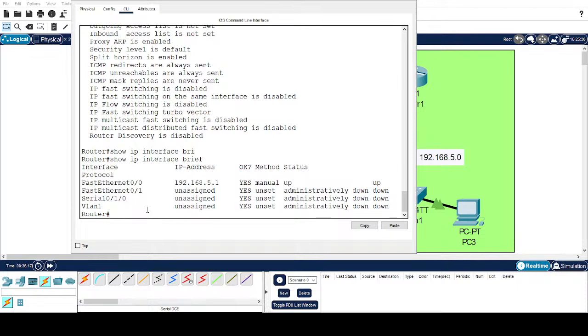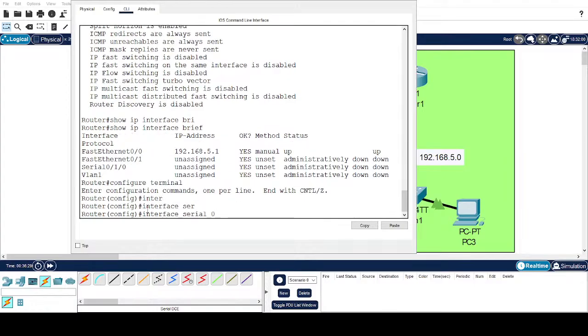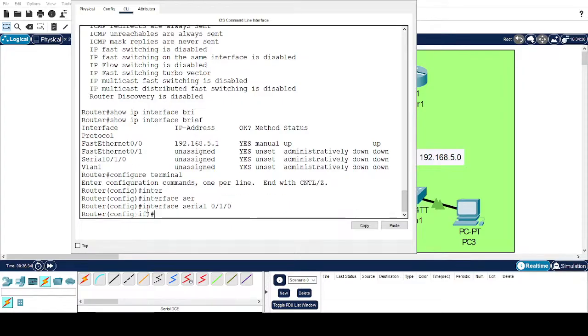You know it's also called serial 0/1/0. So I say configure terminal and I say interface serial 0/1/0 and I say IP address